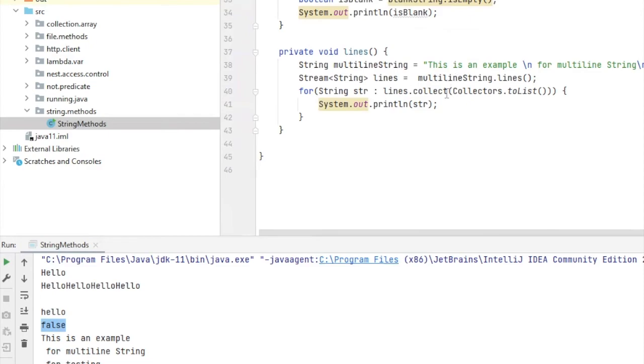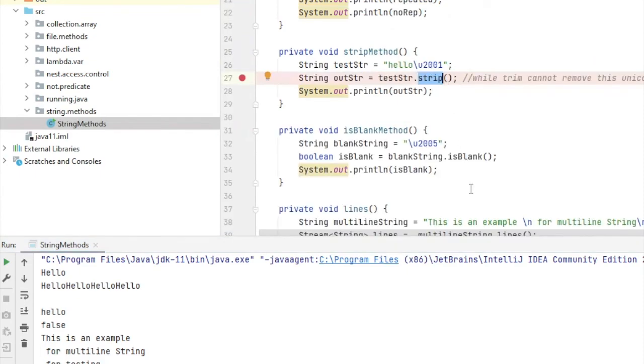And if we go to the multi-string lines example, it has just split with this backslash n and then backslash r also, while the spaces which are present in the string are still there, because lines will just split by backslash n and backslash r, it will not remove spaces. Now trim and isEmpty are replaced by strip and isBlank.